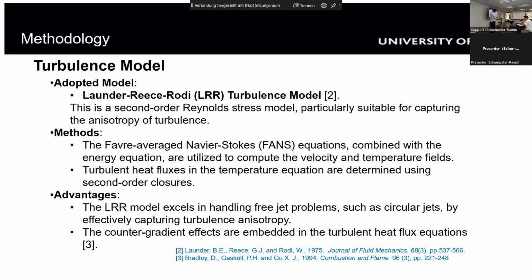Additionally, we employed the second order closure to determine turbulence heat flux, allowing us to accurately model the complex interactions between fluid dynamics and the chemical kinetics in hydrogen jet flames, and to model the